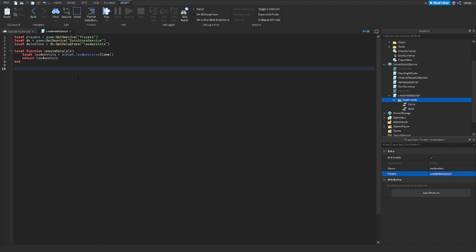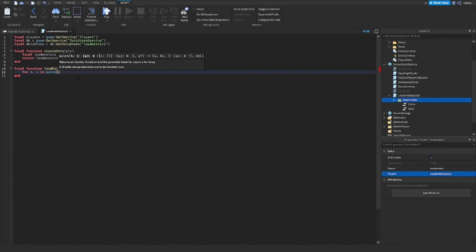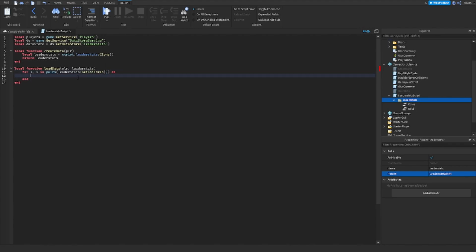Then what we want to do is local function load data plr, leaderstats, for i, v in pairs leaderstats get children do local success, error message equals to pcall function,